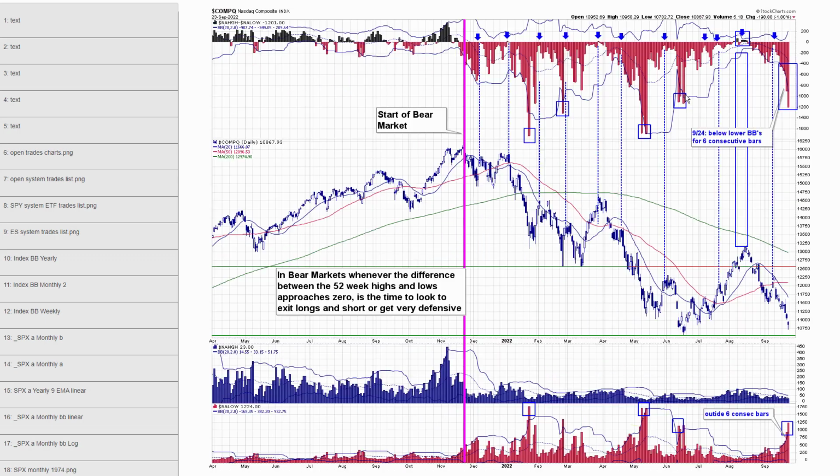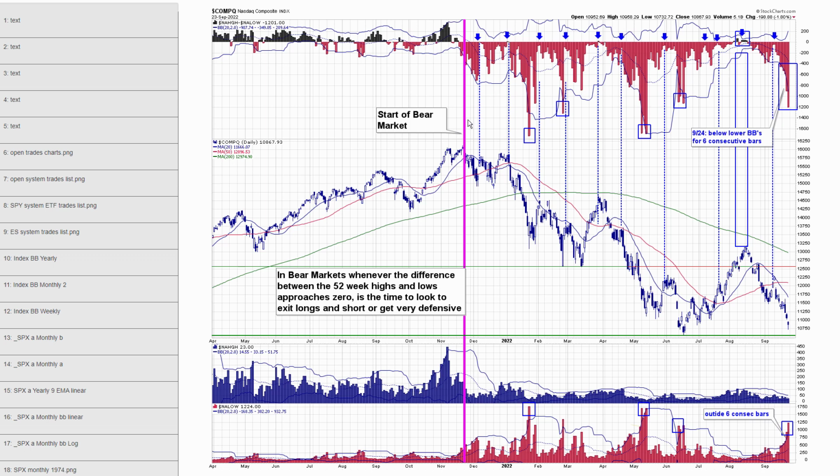Next. Chart 40, here's the NASDAQ with the same indicators, the highs and the lows, and of course the difference at the top. So both the difference and the new lows have been outside their Bollinger Bands for 6 consecutive bars. That's the most I've ever seen. So again, like I said, short term, we are quite stretched because of that. You could have a one-day bounce that would literally reset that. So just realize that, guys, that doesn't mean you have a major bottom here. It just means short term, you're due for some sort of rally at any moment.